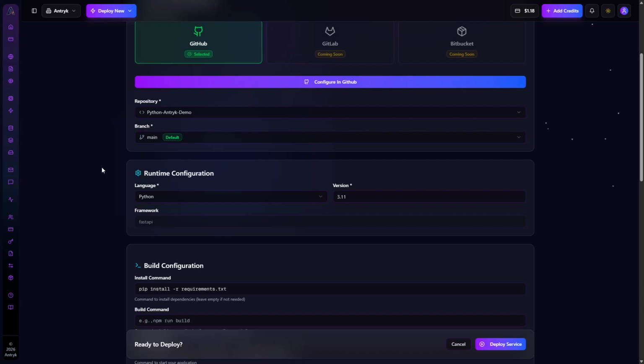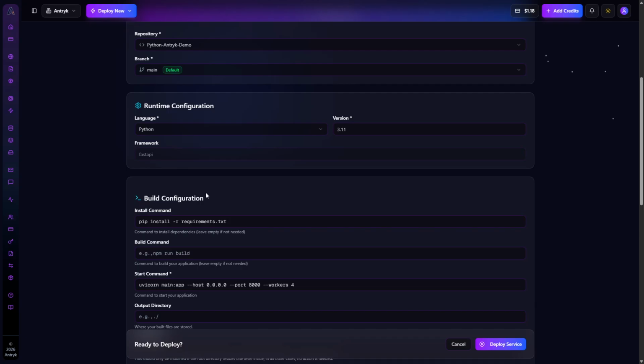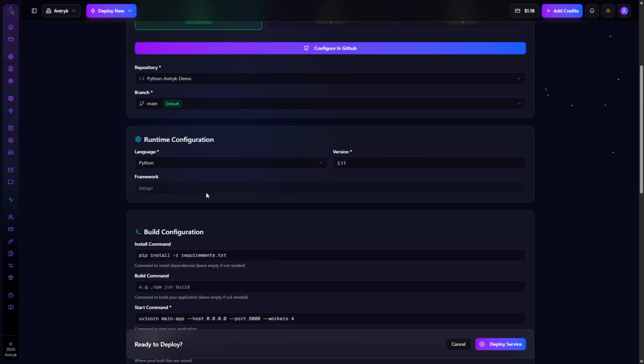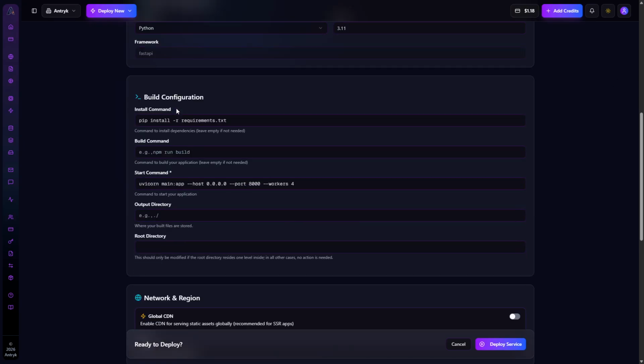Entrix algorithm will detect branches, language, framework, everything used inside the application or your code. Then, based on the algorithm, we'll get the build configuration and commands as well. So, starting with the language, this is the language of our code which Entrix detected, the version and the framework. Based on the language and the framework, we have the install command. This command is used to install desired packages or dependencies.